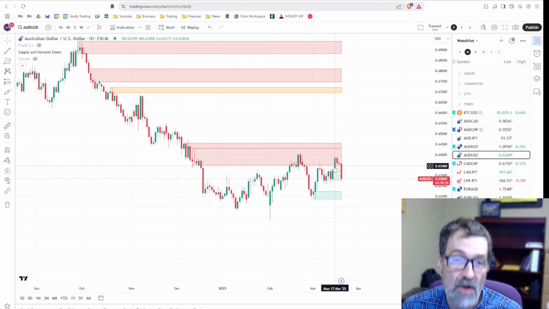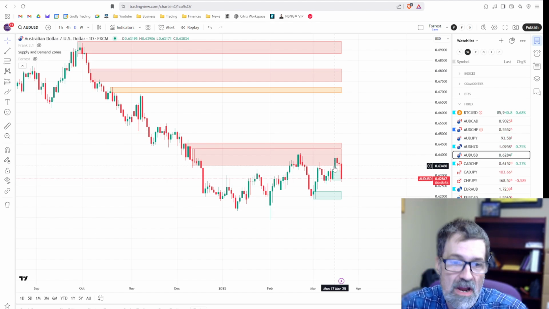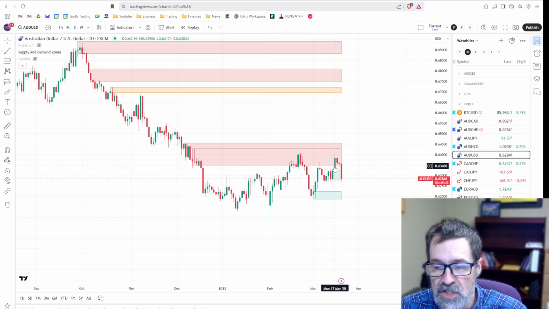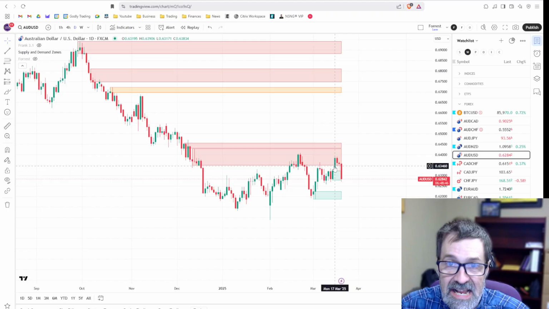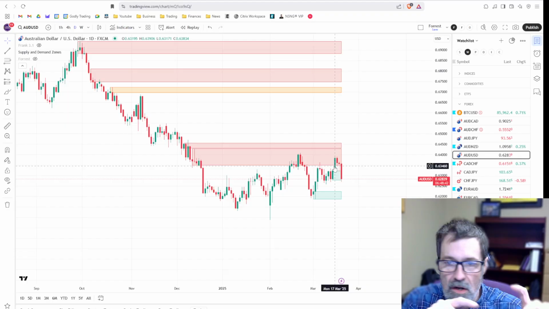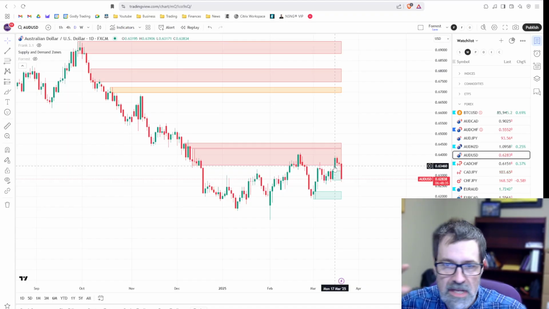Right now, price is in a range. And when price is in a range, it's fantastic. Range trading can be just like an ATM. I hate saying the word ATM machine because it's redundant, but it can be like an ATM machine. When you've got a great defined range, you're going long when it hits the bottom, you're going short when it hits the top, and it just goes ping pong ball up and down, up and down, up and down. And you just go short, long, short, long, short, and just keep raking the money in.